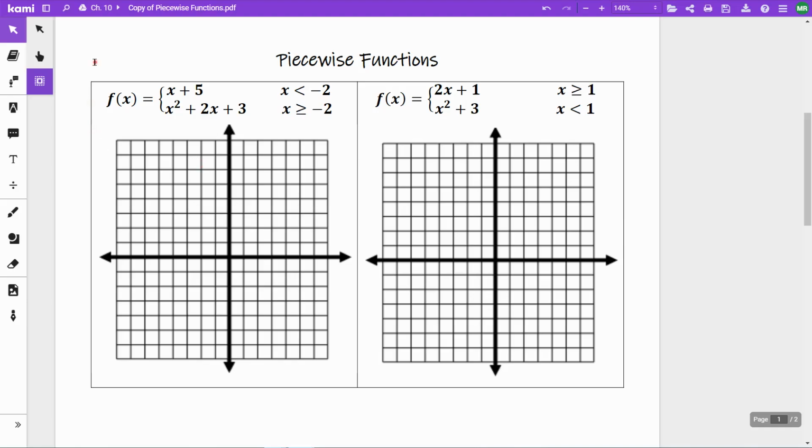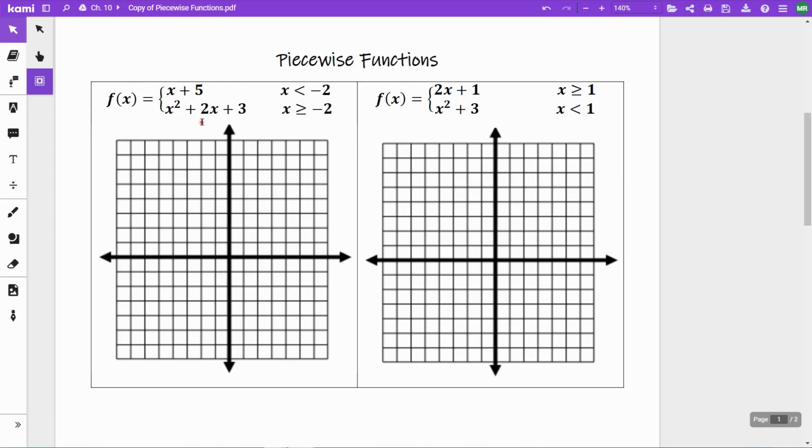So this video is on integrated 2MA notes on piecewise functions. Okay, so piecewise functions are where we have different parts of graphs put together to form a graph. So on this first one here, I have a line y equals x plus 5, and I have a parabola